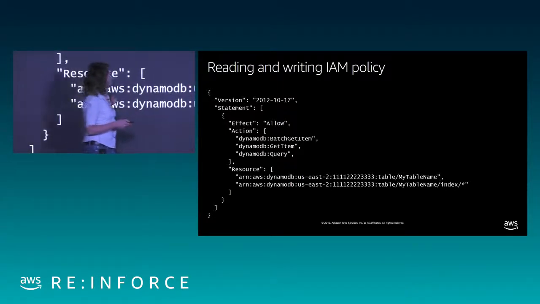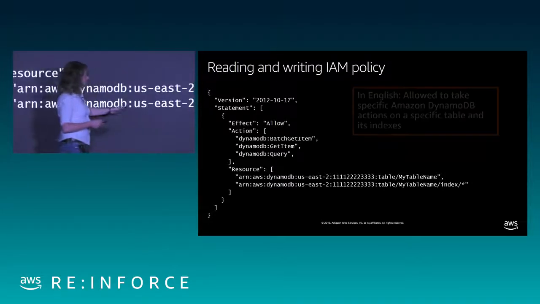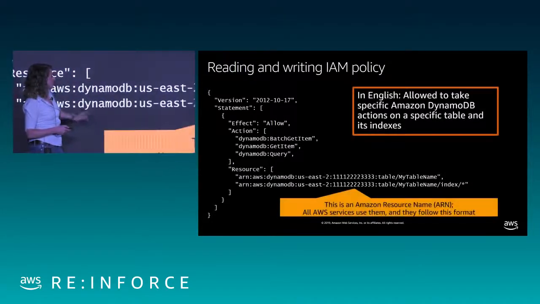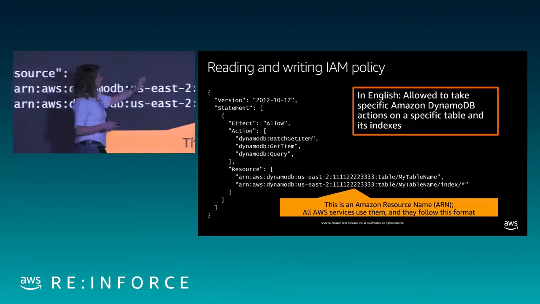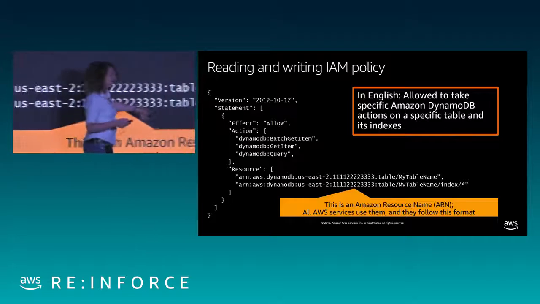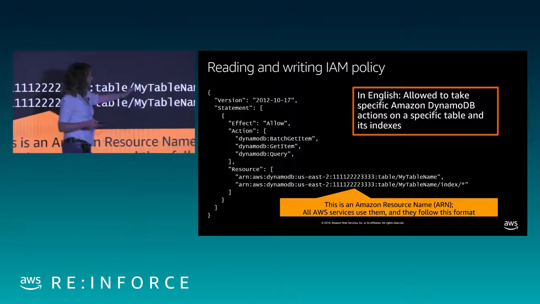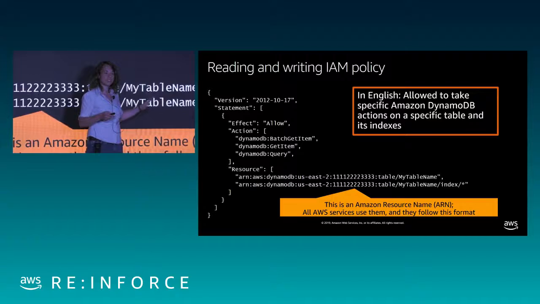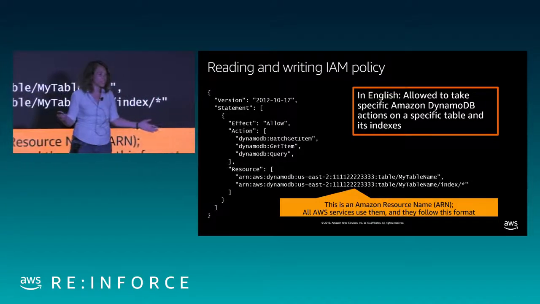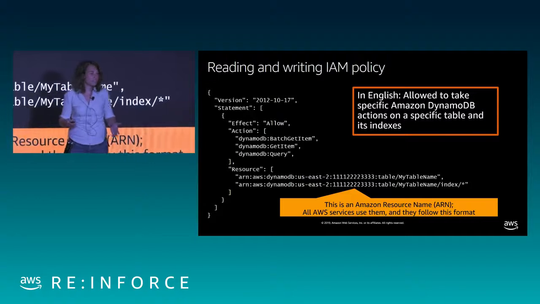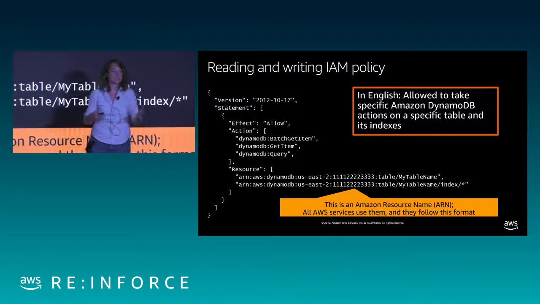What I could do here is, you notice now I'm being specific about the resource. What's different here is, first of all, this notation is called an Amazon Resource Name, an ARN. You see it's got the service name, the region, it's a fully qualified name. And I'm being very specific. I'm saying this application, I know it's trying to read my table name. I might have other tables in my account. The application's not going to read them, so I'm giving it specific access to this table.